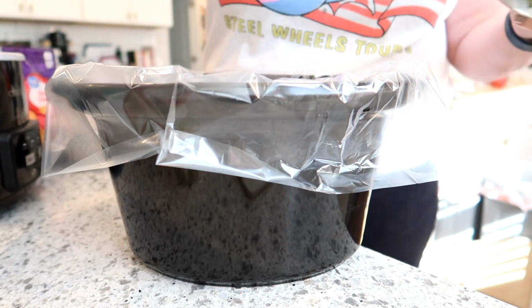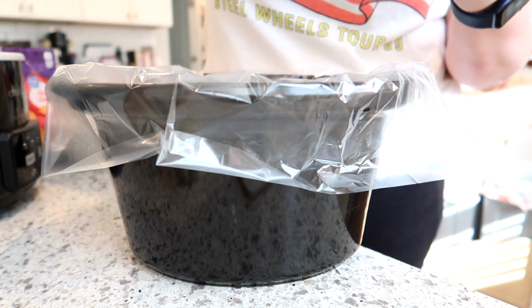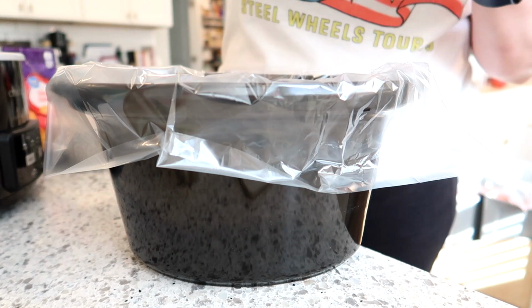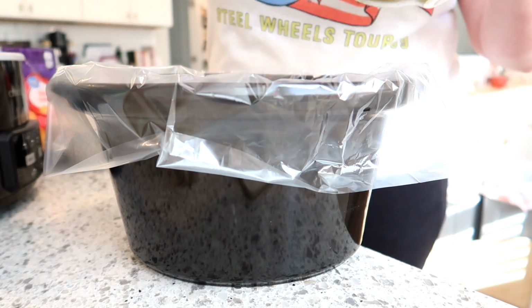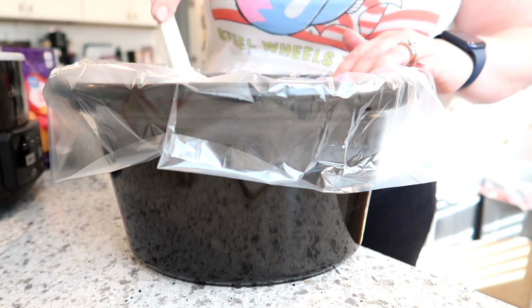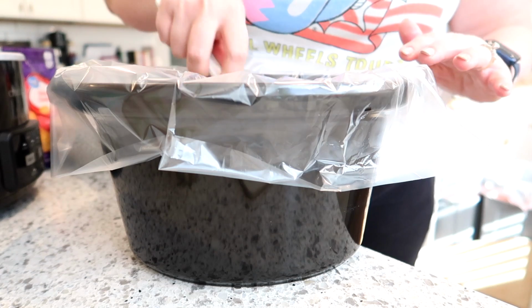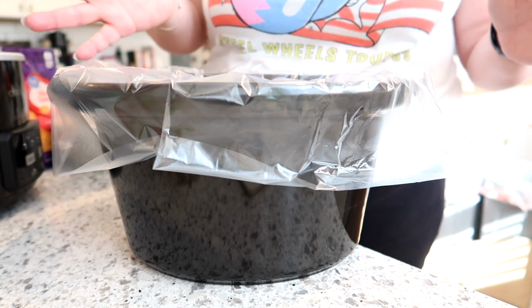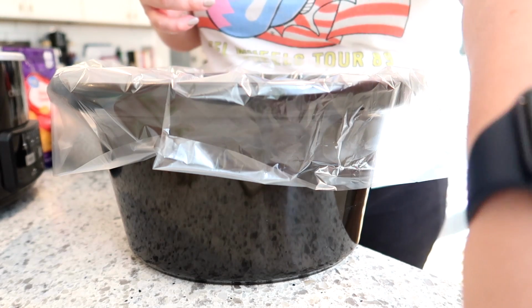So I'm gonna put this layer in the bottom, and this is one of my smaller crock pots. I'm not exactly sure the size. I think it's a 3-quart maybe. I would not, unless you're gonna double this recipe, use a larger slow cooker, just because your layer on the bottom is gonna be too thin and it's probably gonna burn. Okay. And by the way, I'll have all of these recipes typed out down below